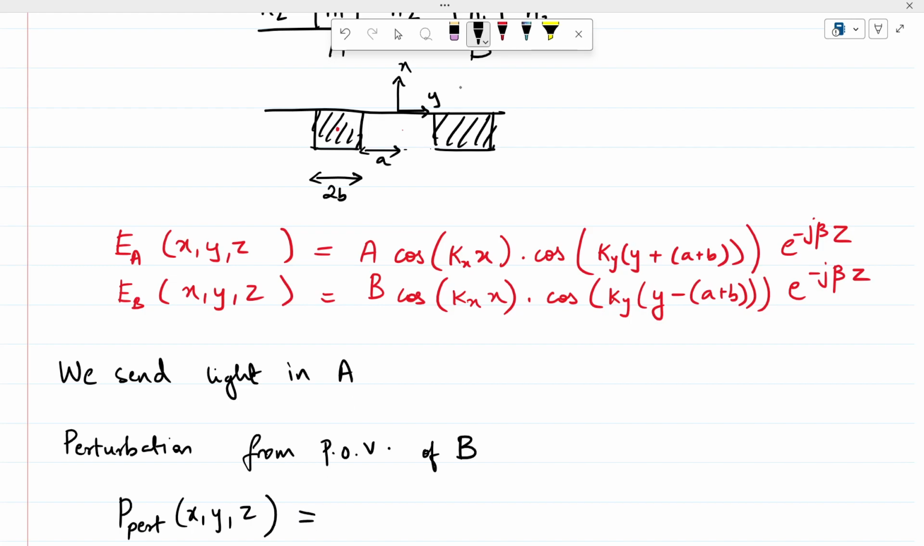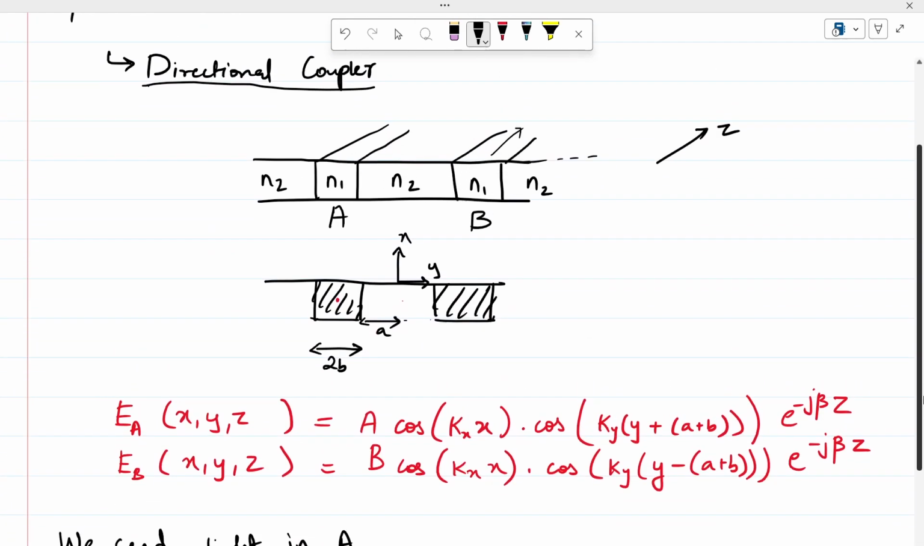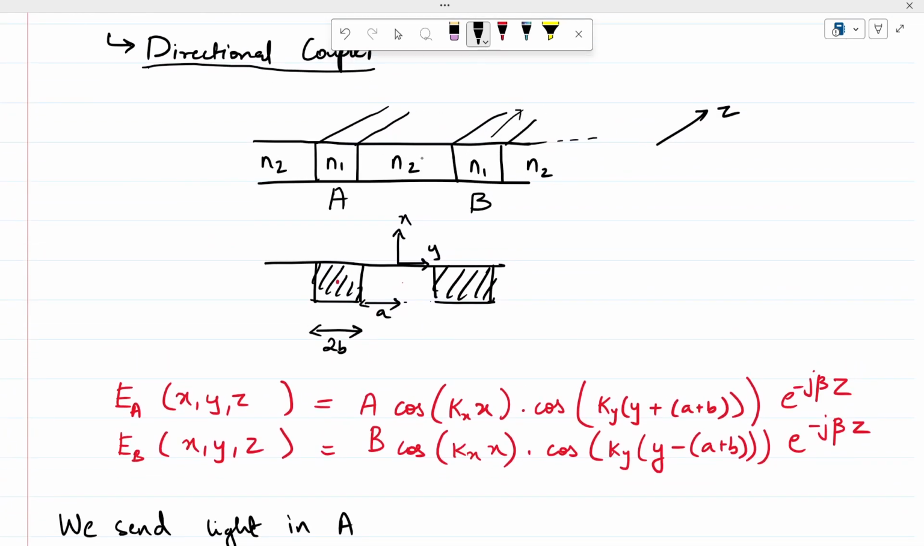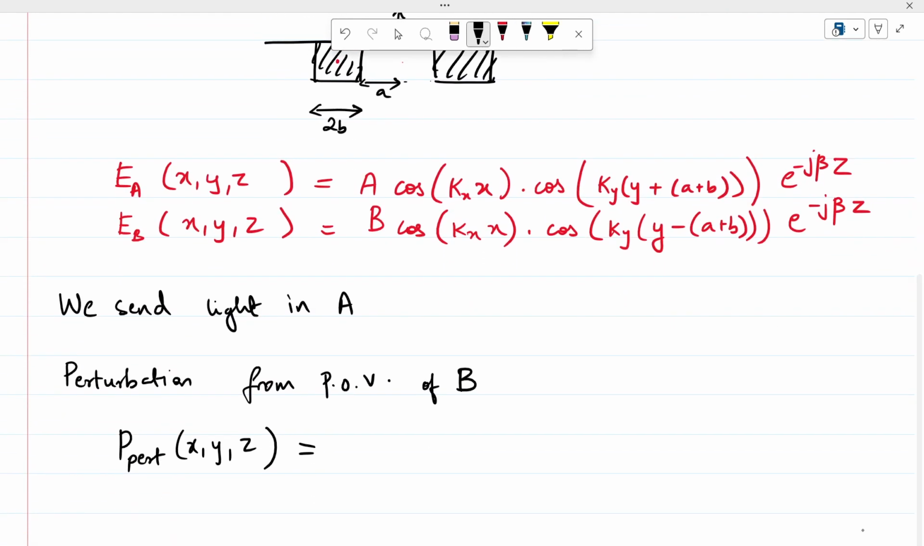So what is the perturbation? B was hoping that everywhere around, the refractive index would be how much? The refractive index should be N2. But now it is seeing, after some distance, a refractive index of N1 over a distance of 2A. So that is the perturbation that it is seeing. So the perturbation will be epsilon naught times N1 square minus N2 square